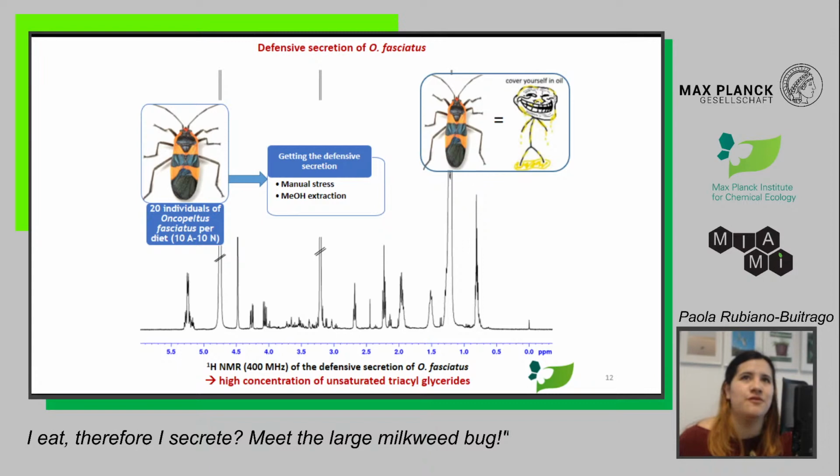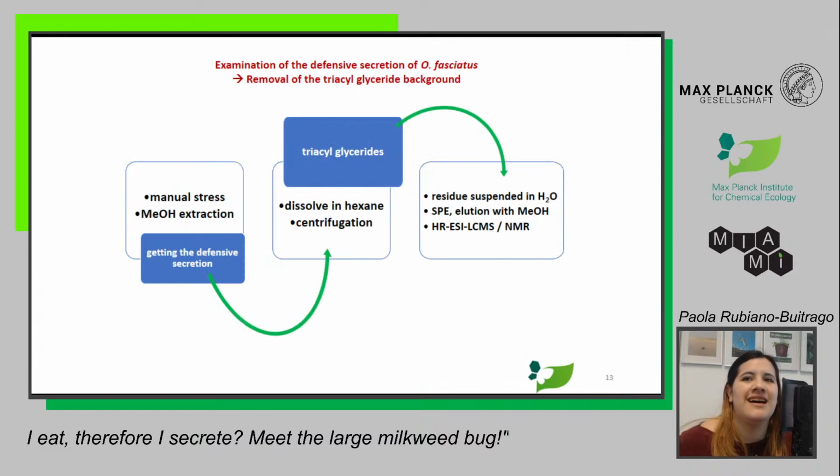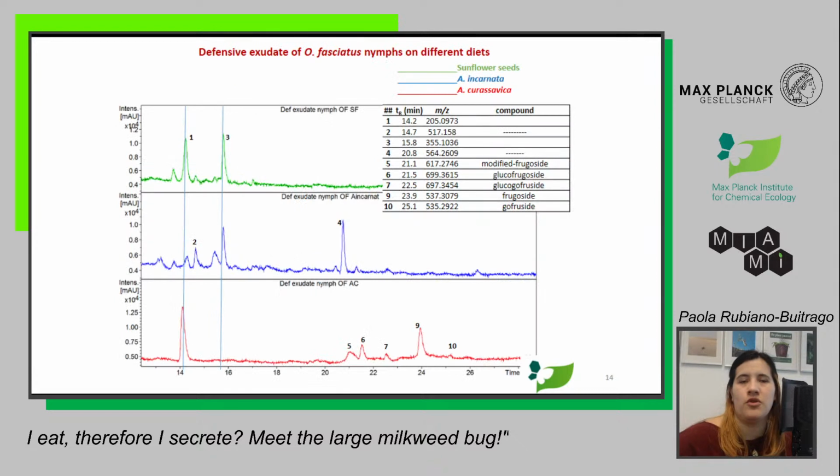Which sounds fun, but for me, I had to get rid of it because it interferes with all my analysis. So I had to do some different paths to remove it and get it more clear to do a more profile definition. So here I will look at the defensive exudates of the nymphs in these three seeds: sunflower, Asclepias incarnata, and